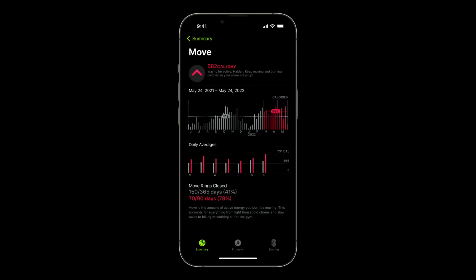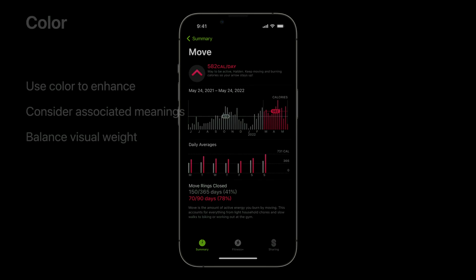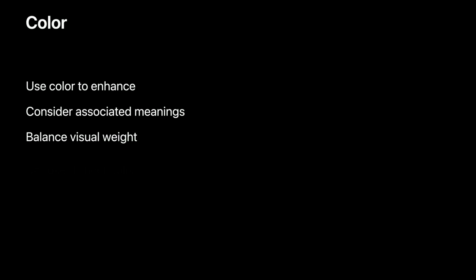Note that adjusting color for visual weight is a tool. Sometimes it's useful to use a color with more visual weight when we want to draw attention to specific values or sections in a chart. Trend charts in the fitness app use this strategy to highlight your recent activity. When choosing a palette, it's also important to choose visually distinct colors to improve accessibility and readability. A good rule is to pick colors that are easy to differentiate by name and contrast well from each other.